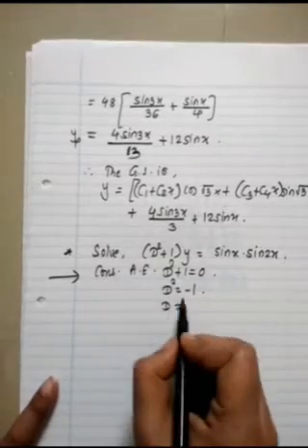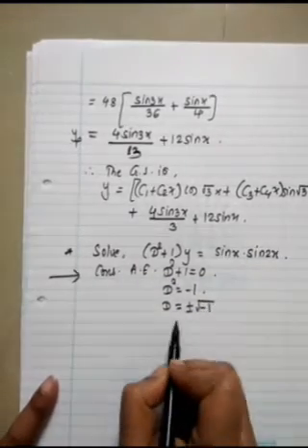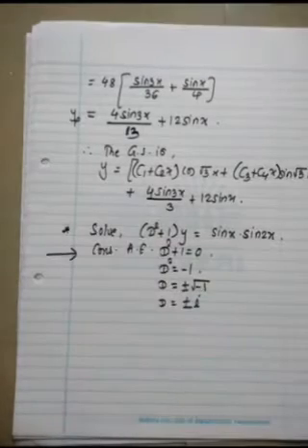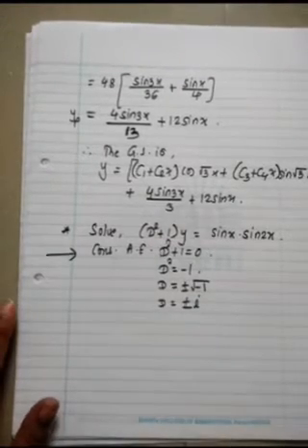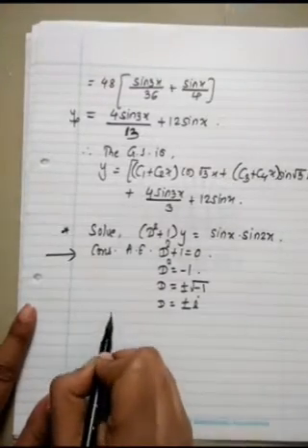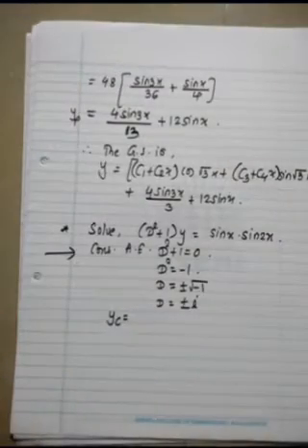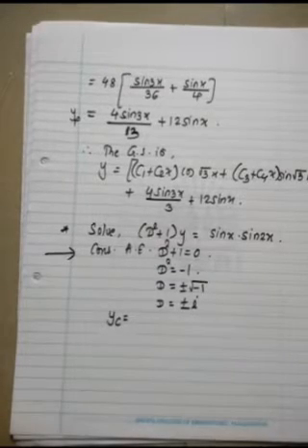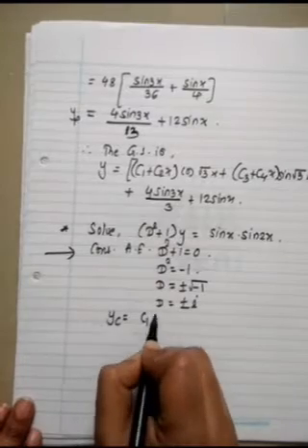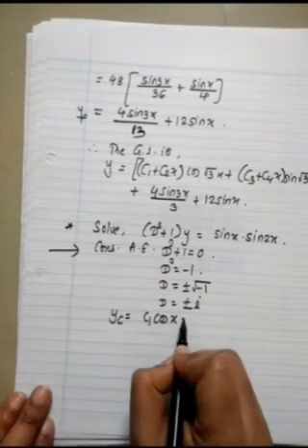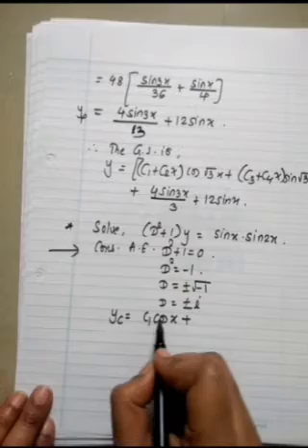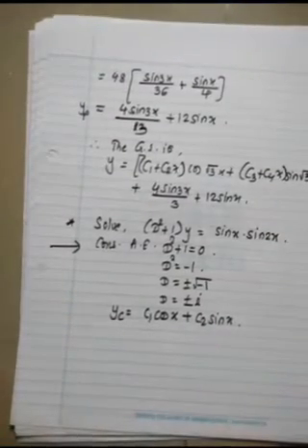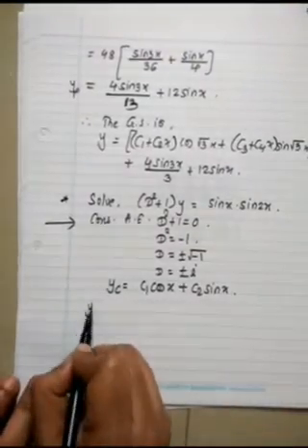Yes, very good. So d is taking square root plus minus square root of minus 1. So d is plus minus i. Correct? Therefore yc is, can anyone share here yc? E raised to 0x into C1 cos x plus, here it is 1, so beta is 1, C2 sin 1x.